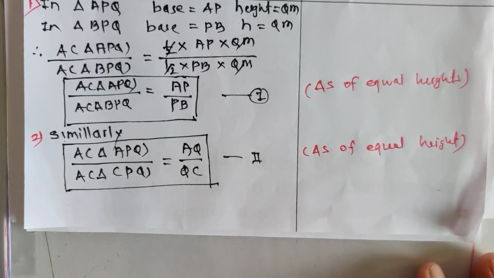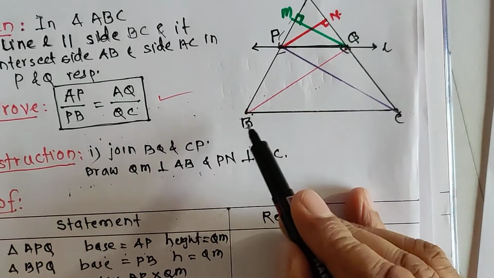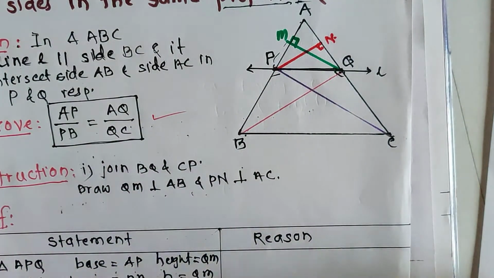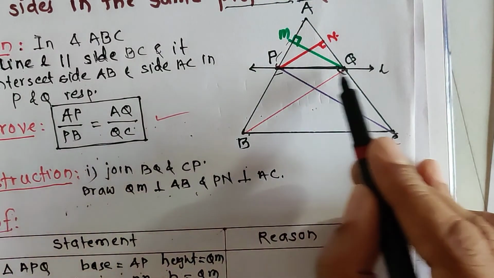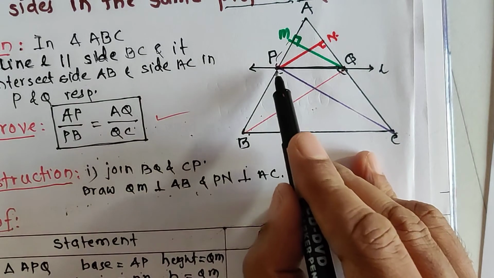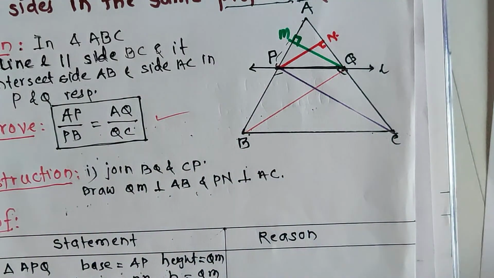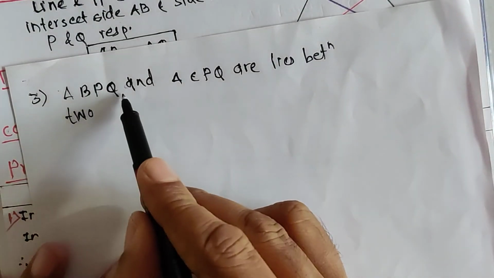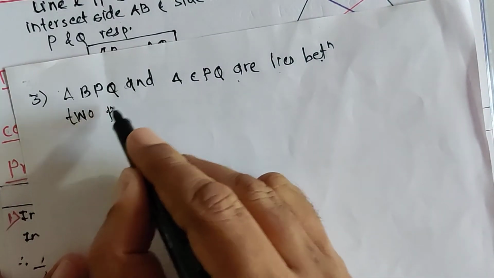So let us see the next point. Here, students, triangle BPQ and triangle CPQ are equiareal triangles because these two triangles lie between the two parallel lines PQ and BC, and their base PQ is common. So we can write the third point: triangle BPQ and triangle CPQ lie between two parallel